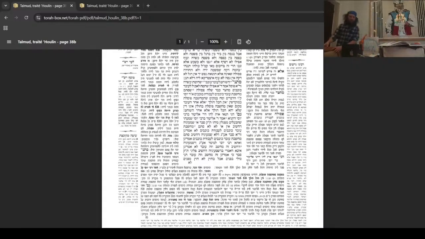I give you a pen for underlining. I will underline the first letter, and you can underline as you like. That's the first letter of the word. You see Aleph Mem Resh? That means Amar. Amar is saying. And so Ika d'amri, what does it mean? There are some that say. Ika really means there are.